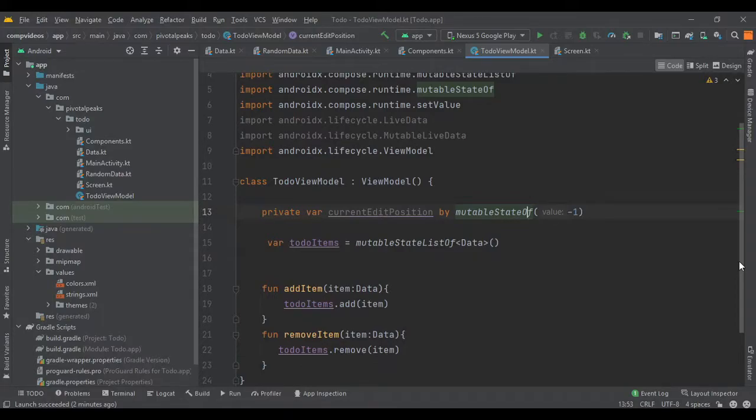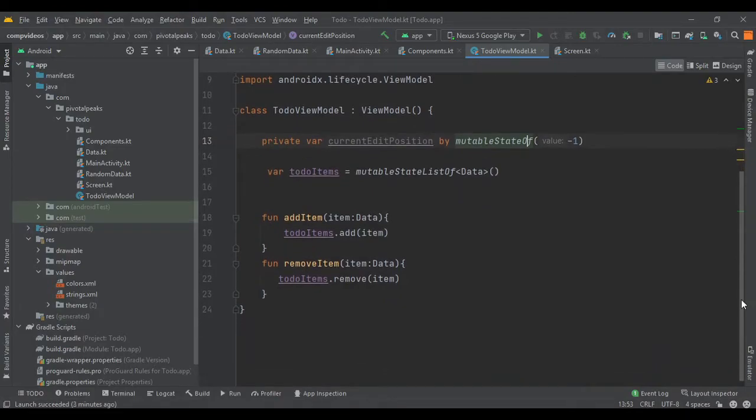Then we will expose it to the current edit item to compose using a getter method. So let's create our getter method.